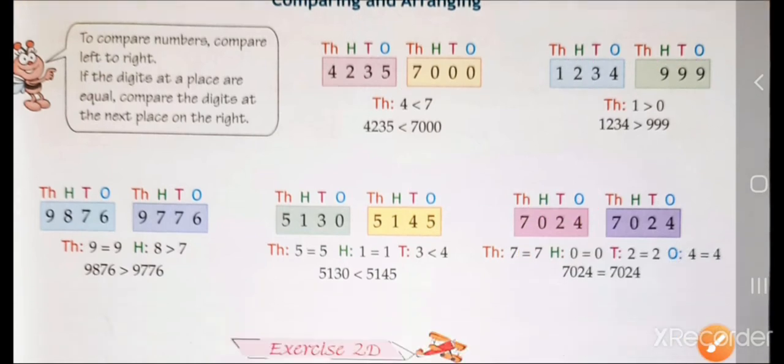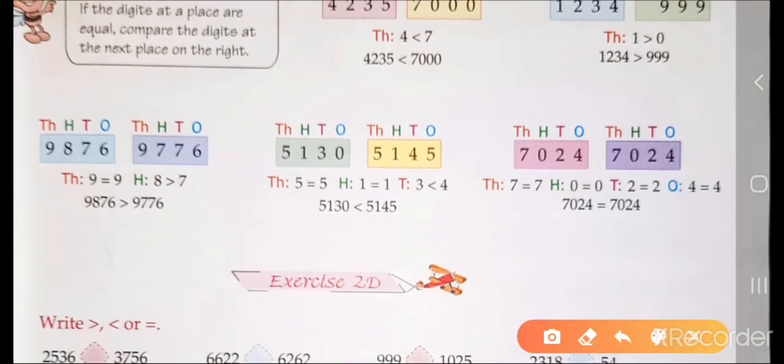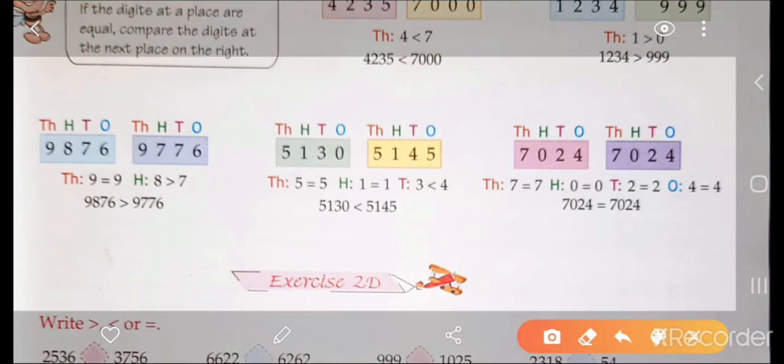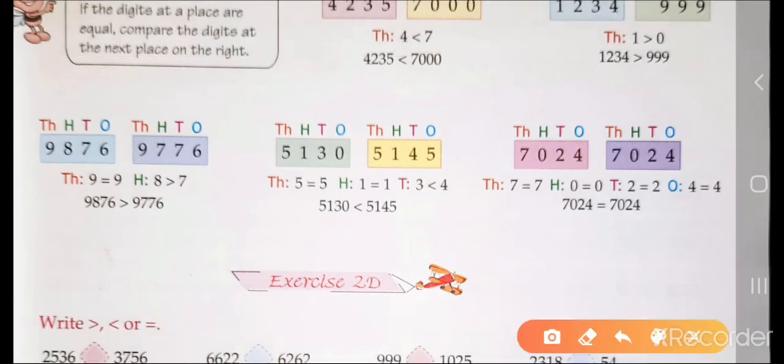Okay, just see this one more thing I am showing you. See the thousands place value, both are 9. Okay, let's compare. This is 9, both are 9 and this is equal, so we will compare the next digit. Okay, we will compare the next digit. Then the next digit is 8 and this is 7. Then which one is greater? You know that 8 is greater than 7, so this side number will be greater than this side.